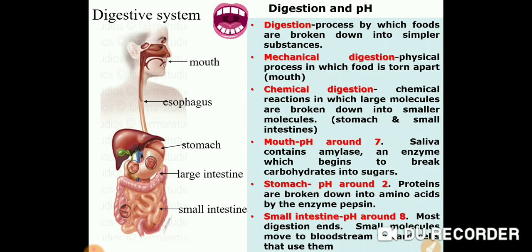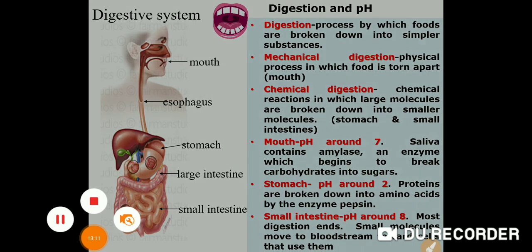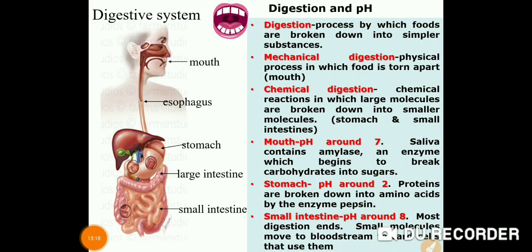Now we look at the importance of pH in different places. pH is very important in day-to-day life. The first importance is the digestion process. In digestion, food is digested at a particular pH range. In the digestion process, foods are broken down into simpler substances; the complex substances present in the food are converted into simple products.